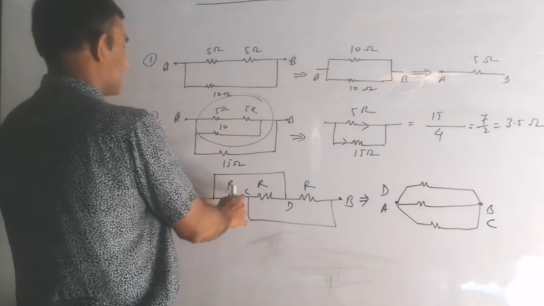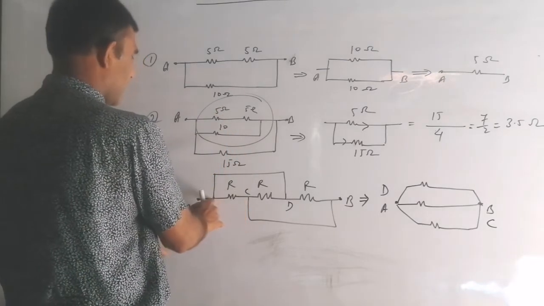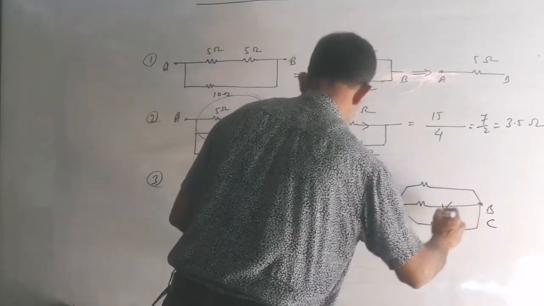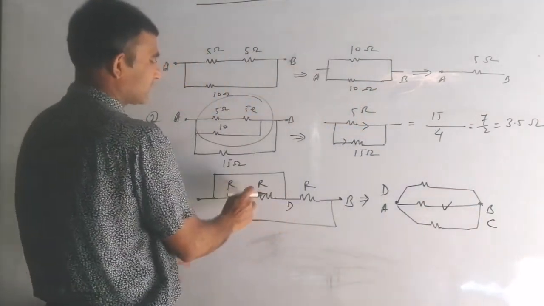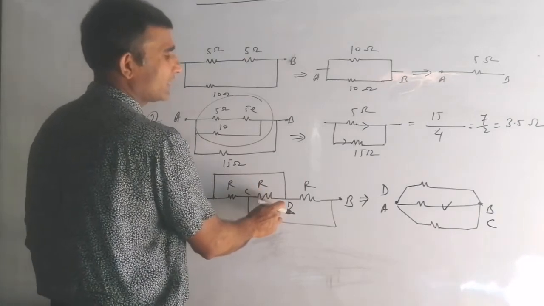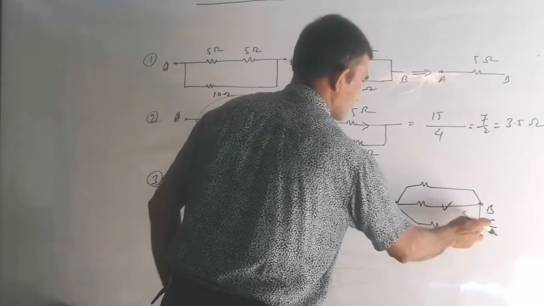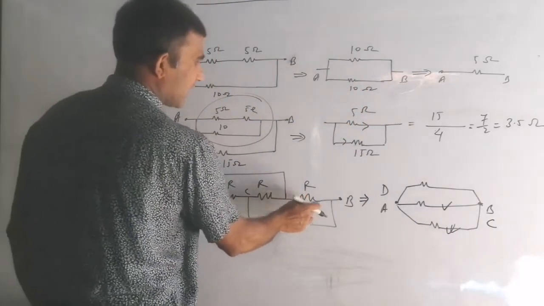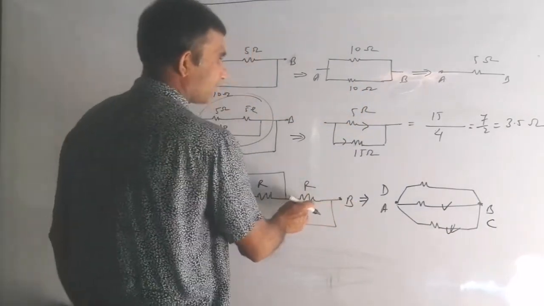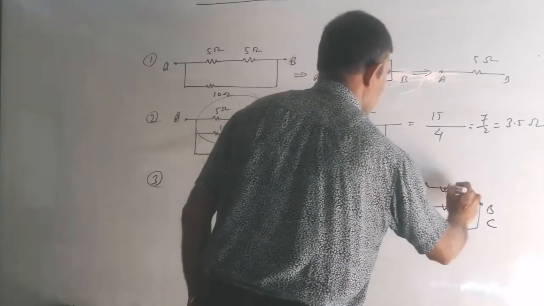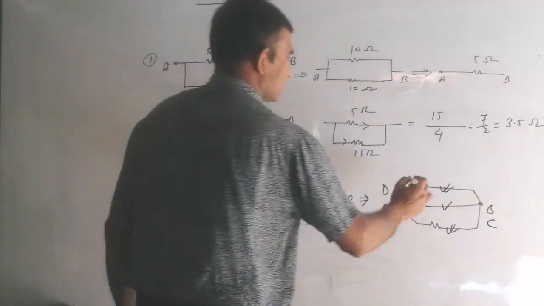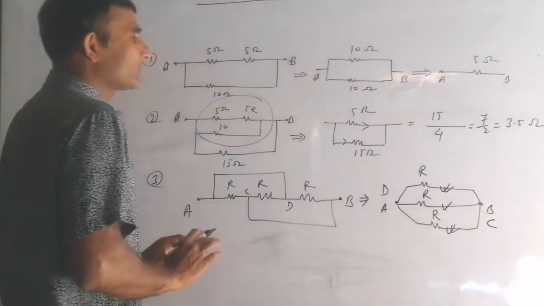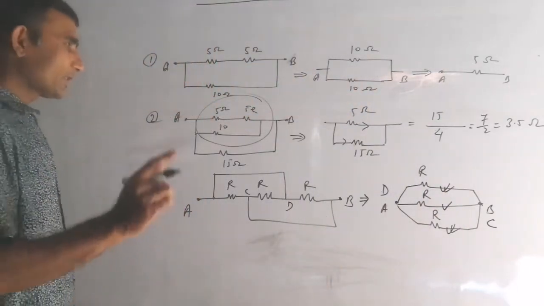Let me once again. One resistance is connected between A and C. A is there, C is there, so I connect one resistance here. Now see the other resistance connected between C and D. Where is your C? C is there and D is there, so I connected this. And the last resistance is connected between D and B. These all 3 resistances are connected. Actually they were in parallel, but it did not look parallel. So don't get confused, you have the concept.